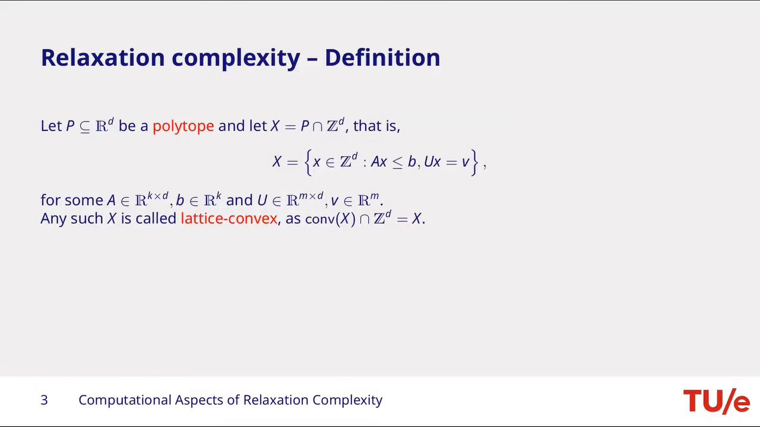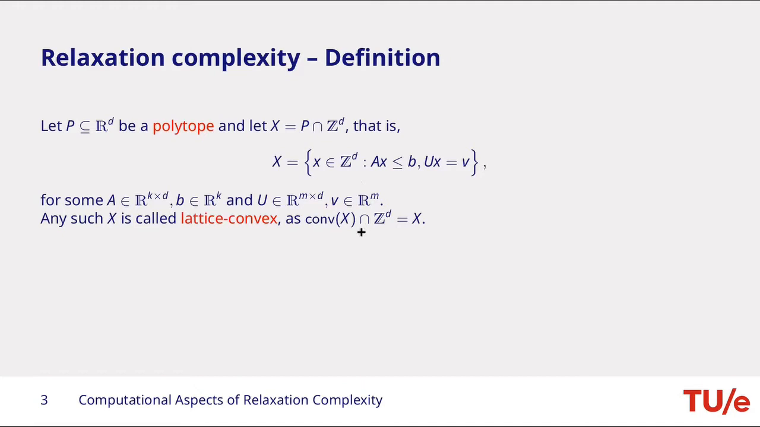Let's make this more precise because, of course, not every set of integer points admits such an integer programming relaxation. For the rest of the talk, we assume that we are given a polytope P that contains the integer points that we are interested in, or the integer points contained in this polytope are exactly the points that we are interested in. Then we know that there exists such an integer programming formulation just by taking an outer description of our polytope. And in the following, we call any such set X a lattice convex set, because if we take the convex hull of the set X and intersect it with the integer lattice, then we can recover our original